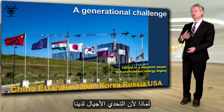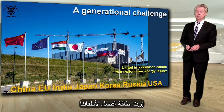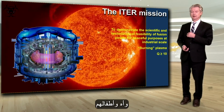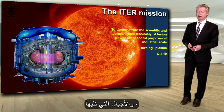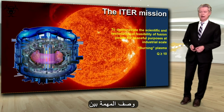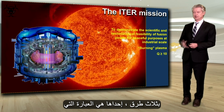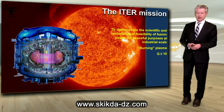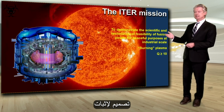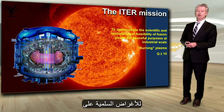Why? Because our generational challenge is to leave a better energy legacy to our children and their children and the generations that follow. So how is Iter going to do that? We can describe the Iter mission in three ways. One is the phrase that you will sometimes see on our website and so forth. Iter is designed to demonstrate the scientific and technological feasibility of fusion power for peaceful purposes at industrial scale, to